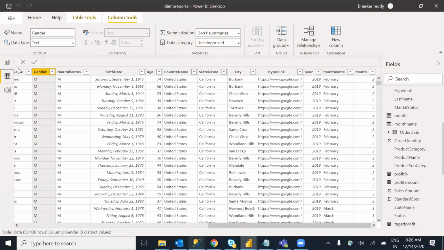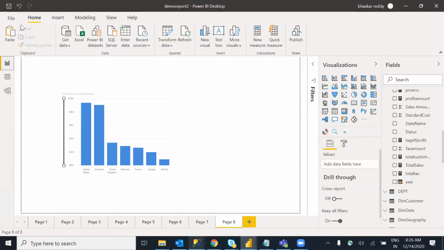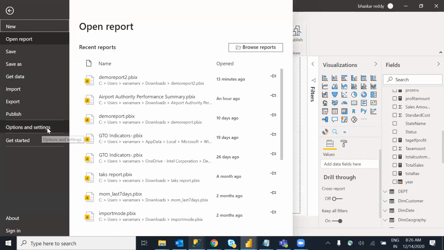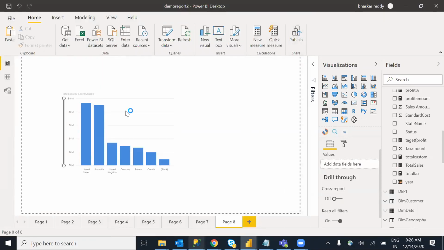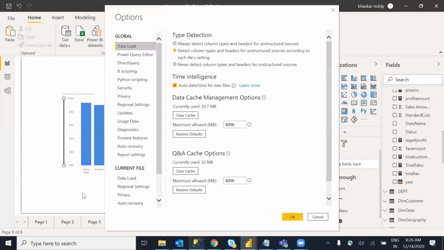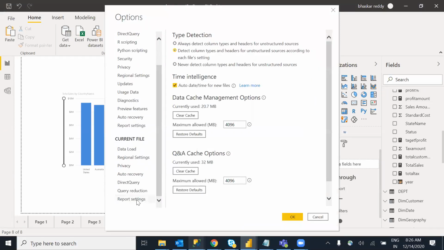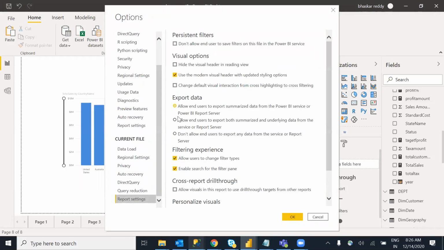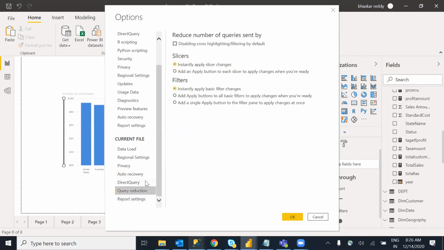Sometimes they will ask, can you please enable export of the data. Come here, you can export, and you can change that option over here. From this option, you can allow the user to export data, or you can restrict it. If the user doesn't want to export my data, we can restrict it, or we can enable it for the user. By default the option is there. If you want, we can change that option. This is the only option here. Remaining things, you don't want to change anything from here.